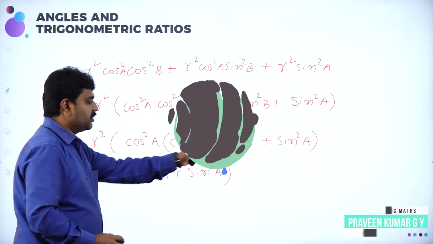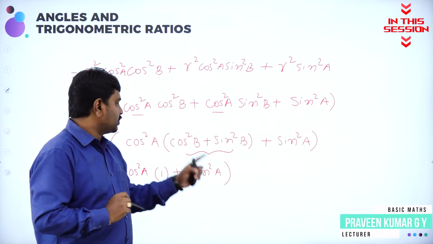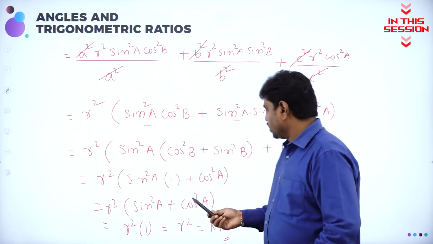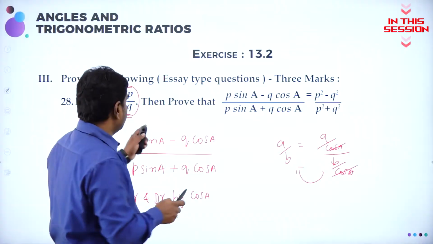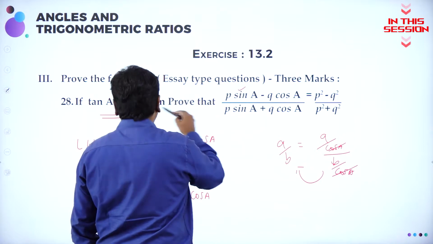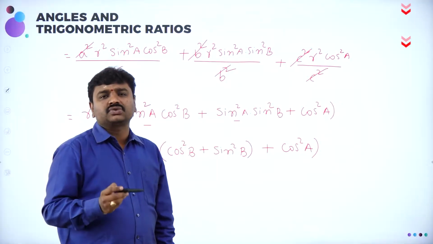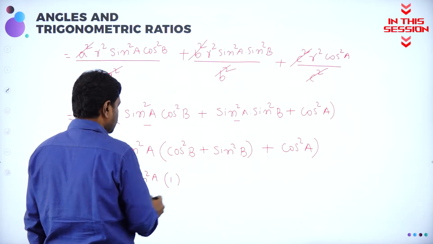So here cos square b plus sin square b, cos square theta plus sin square theta is what? 1. So similarly cos square b plus sin square b is what? 1. Sin square a plus cos square a is what? 1. R square into 1 is R square, that is your RHS. Assuming or converting sine to tan. Why? Because they give tan value, that is a hint. Cos square b plus sin square b is what? 1. Identity. Cos square theta plus sin square theta is 1. Similarly cos square b plus sin square b is 1.